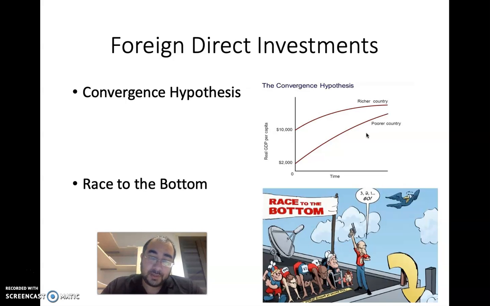Also, there is one idea which says that in some cases, FDI flow might create negative results for countries in general. And that's not because the investments themselves are necessarily bad. Portfolio investments themselves could be bad because they move a lot and they create instability. FDI is a long-term investment, and by itself it might not be that bad. However,